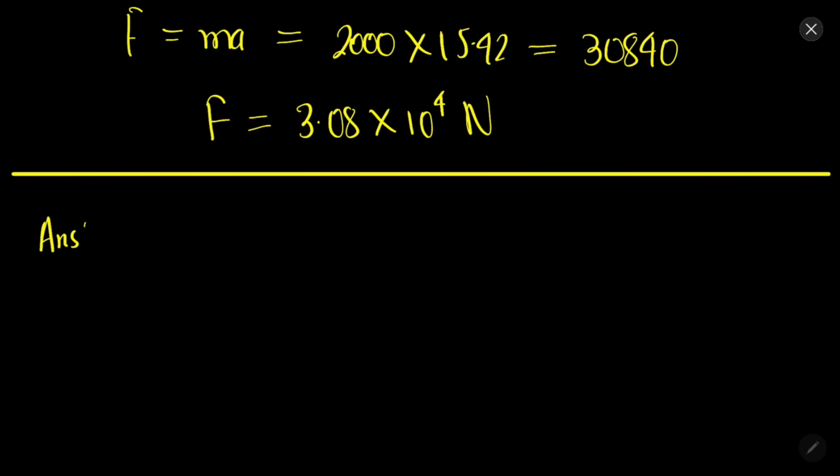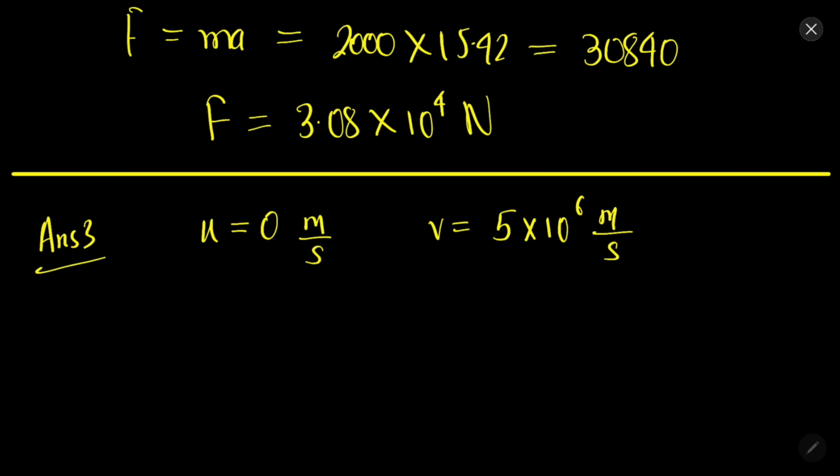So let's write the given quantities. The initial velocity is 0. They have given that the initial velocity is negligible, so we can consider it approximately equal to 0. Final velocity is 5 into 10 to the power 6 meter per second. The displacement in which it achieves this velocity is 1 centimeter, or 1 into 10 to the power minus 2